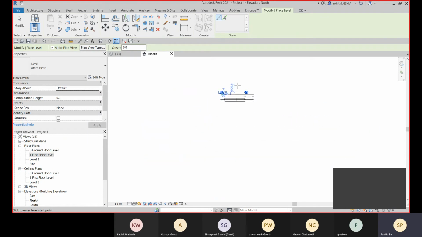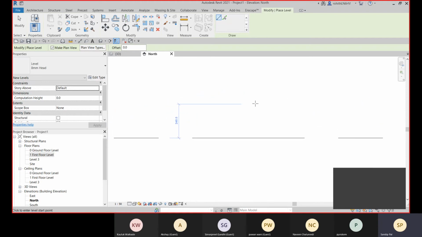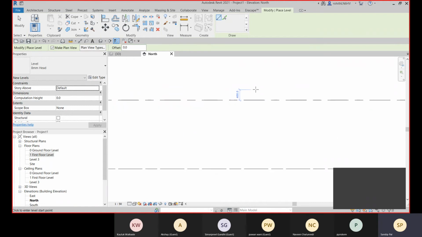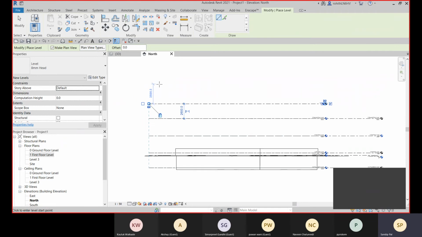Now if I zoom out, you see that it increments by 1000, right? And if I zoom in, it increments by 20. You remember in the snap option, there was the snap increment, the dimensional snap increment. So that is the value. You can change the value if you need to, and this way you can just place.